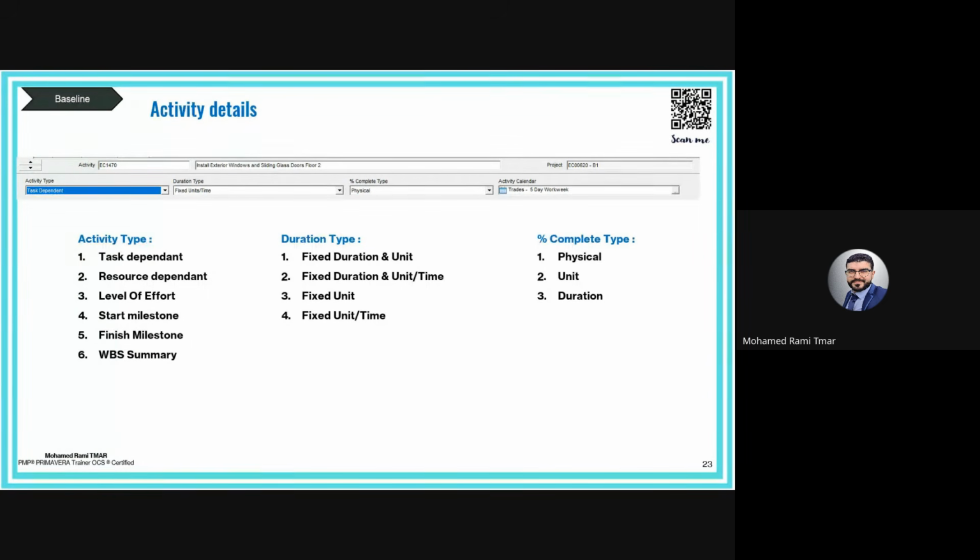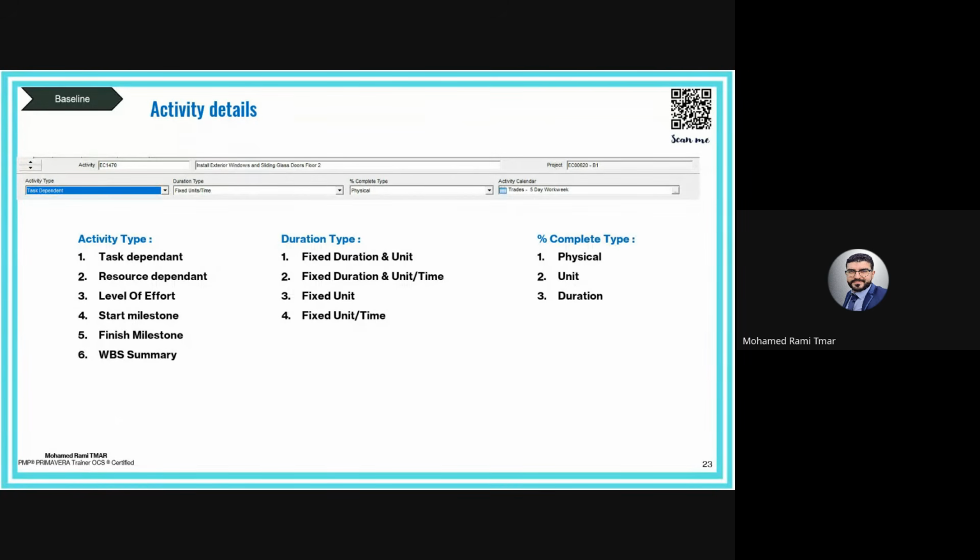Physical percent complete is not just an estimation where we pretend this is 10 or 20, etc. No, it's earned progress. Okay, instead of saying we are 60% done, we define clearly what portion of work